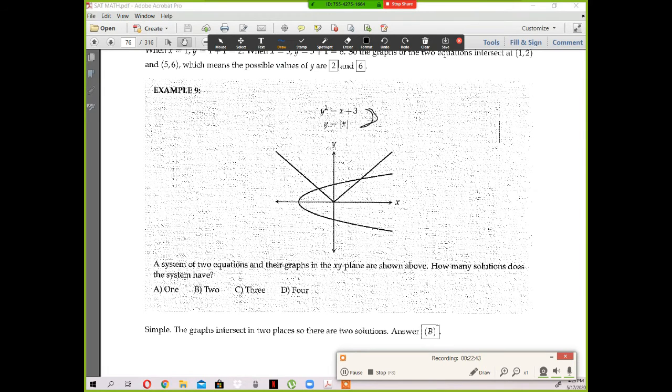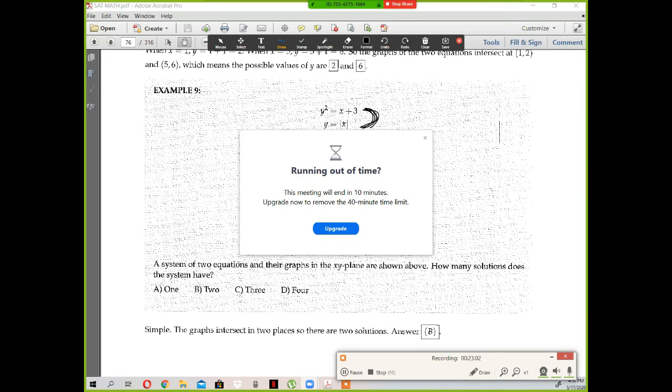We have two graphs, right? One is representing this line, and the other is representing this parabola. So these two graphs are intersecting in 2 points. That means that we have two values such that if I put them in this equation,